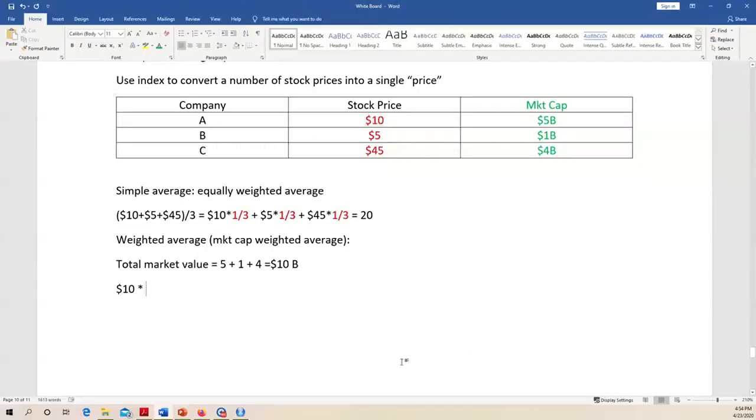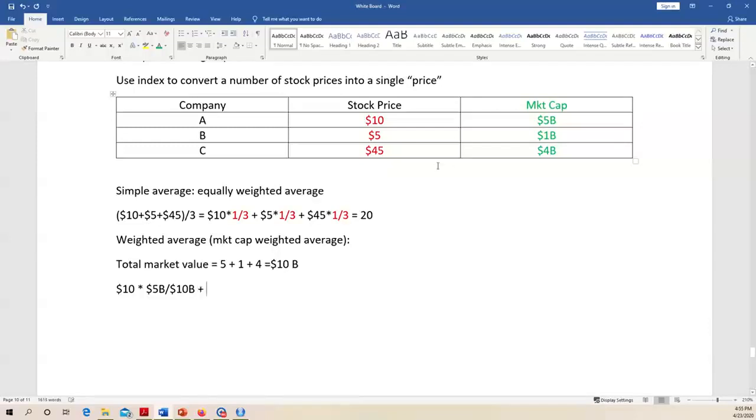So what's company A's stock price weight? It is its own market value, 5 billion US dollars, as the numerator, divided by the denominator, the total value, 10 billion US dollars. So that's the weight for company A, plus